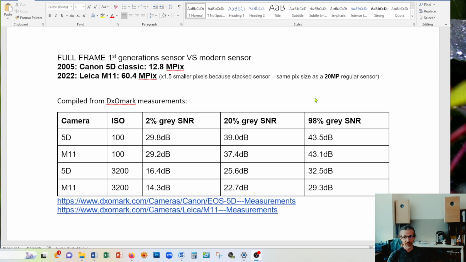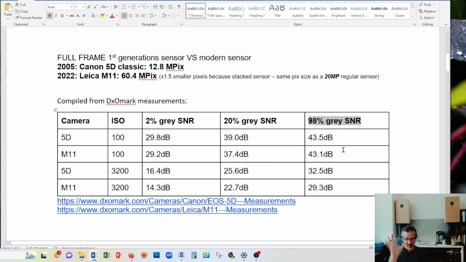And I was just absolutely flabbergasted by what I saw, because I expected that the M11 would absolutely trash and kill the 5D Classic, and quite the opposite happened. Of course, as we look, this is the little table that I generated, reading out the values. 98% gray,